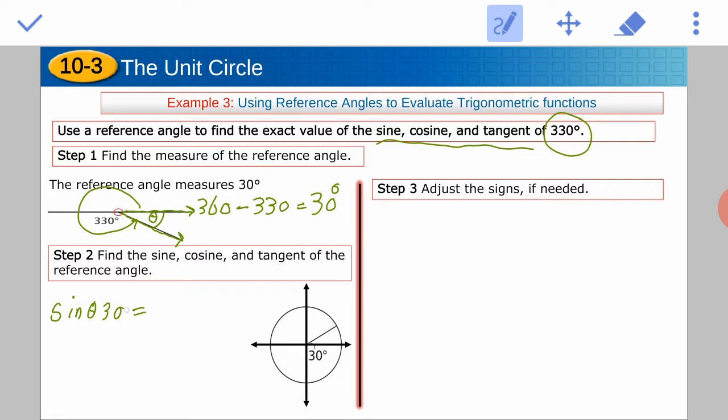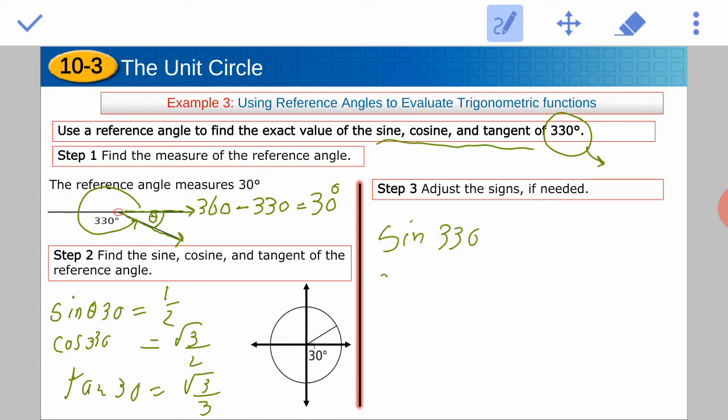Everybody knows what sine 30 is. It's from quadrant 1. Sine 30 is half, and cosine 30 is equal to square root of 3 over 2, and tan 30 is equal to square root of 3 over 3. This is the trigonometric ratio sine, cosine, and tan of angle 30 in quadrant 1. But wait a second, guys, our angle is not 30, our angle is 330, and this angle is located in quadrant 4. In quadrant 4, now guys, we can adjust the signs of these values, so we can find sine